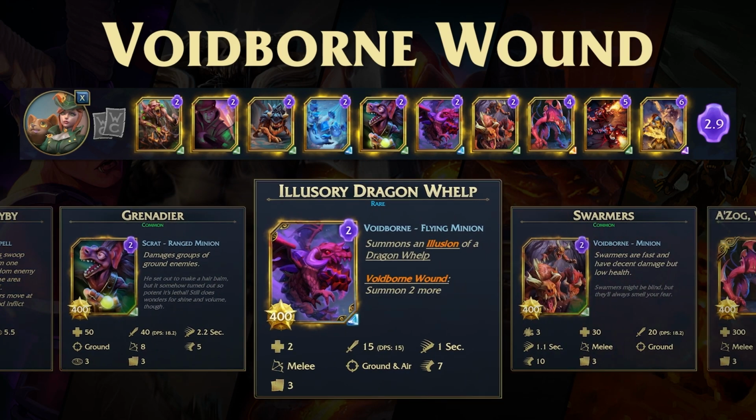We've got the Illusory Dragon Whelp, which, as we've seen before, has the Voidborne Wound, so we can get a bunch of value out of that. Trigger that and get 3 of those. Now, of course, they are very weak, but they do damage, unlike before, when they used to do no damage at all,